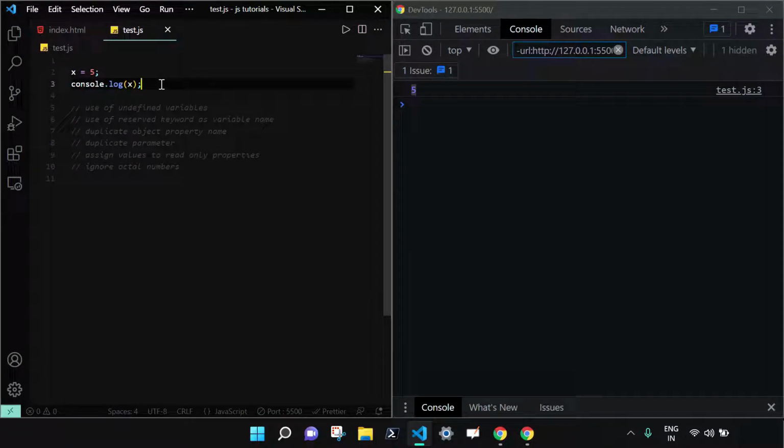This is something you can do in non-strict mode, and this is how it feels to work with JavaScript in non-strict mode. Now we understand what it is like to work with JavaScript in non-strict mode. Now we will understand why we need strict mode.